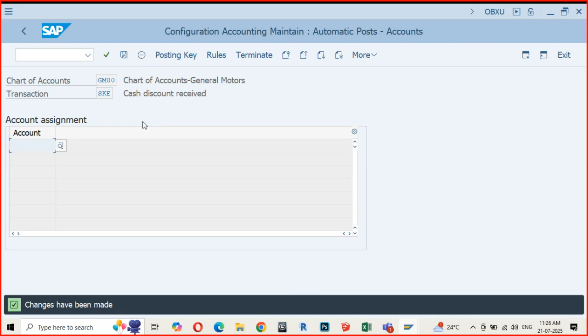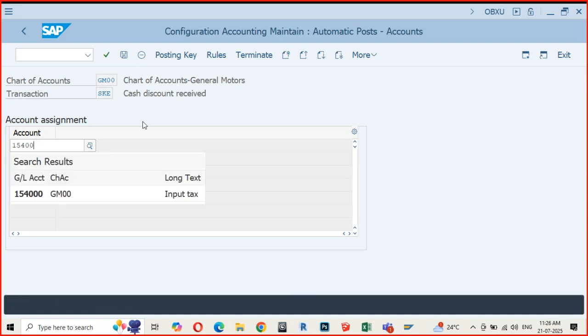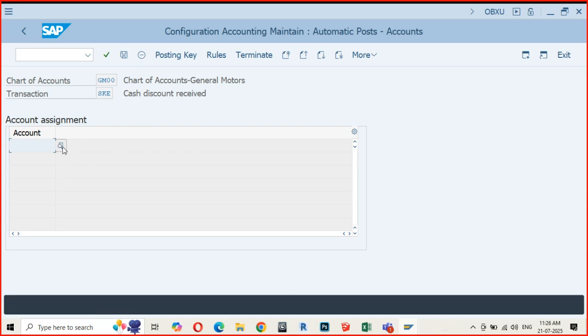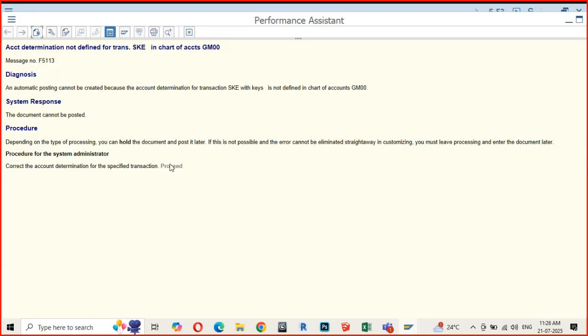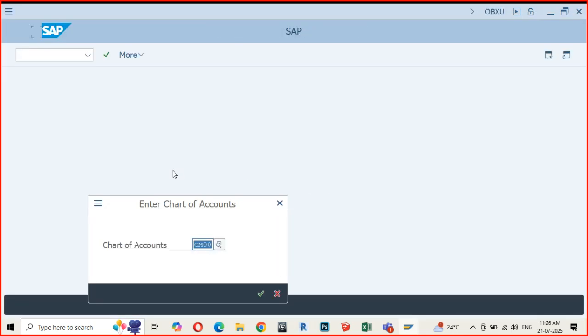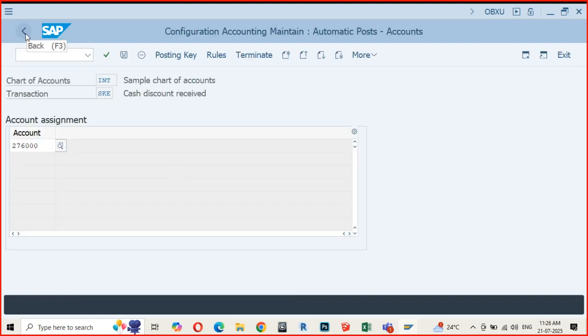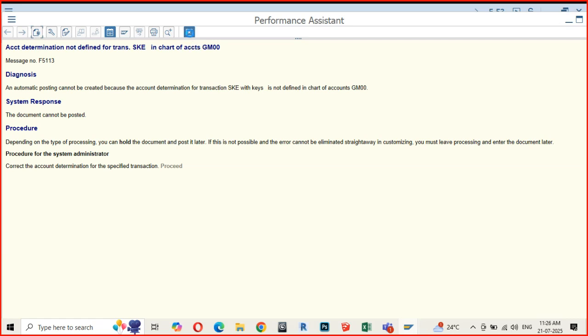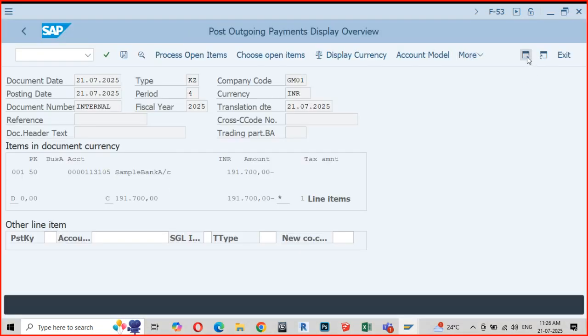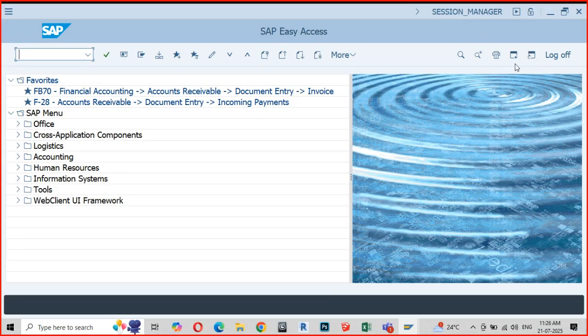Cash discount received. This is input tax, cash discount. Please do not bother about this. Please do not try to understand whatever I am doing. I'm simply rectifying this error.